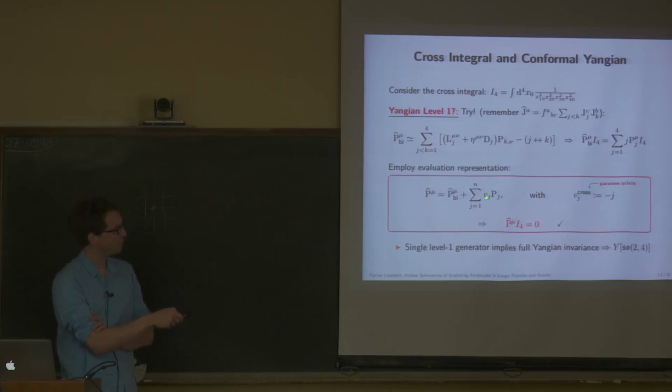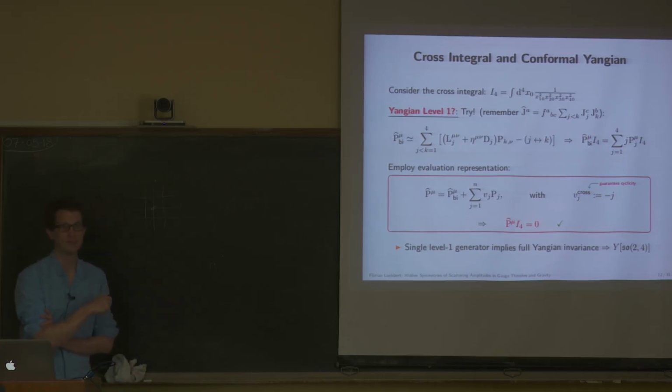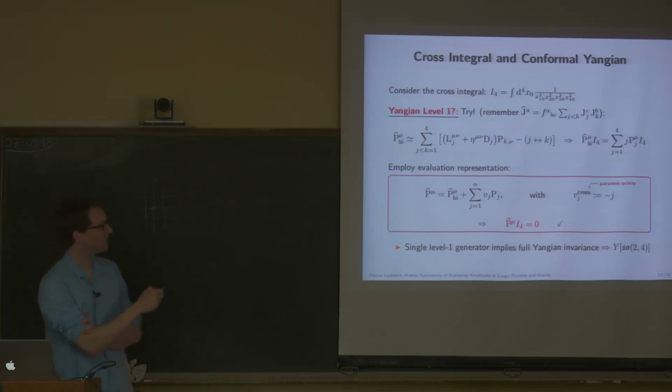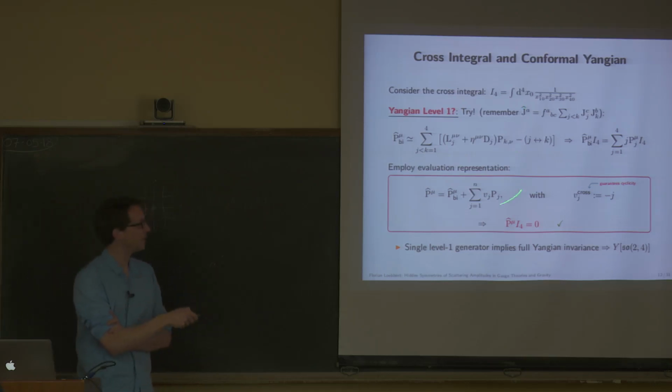And what I want to do now is to redefine my level 1 generator in this form. So I add a contribution Vj times Pj. And I define for the cross my Vj to be just minus J, so that I absorb the right-hand side here into the generator, and I find an invariance statement. And well, this is not cheating, because adding this correction here is